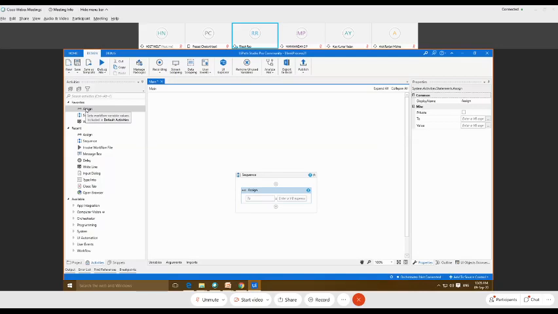Now I'm just going to debug this file, and then we'll see how it is going to work.